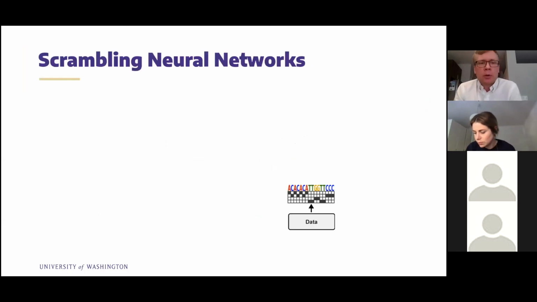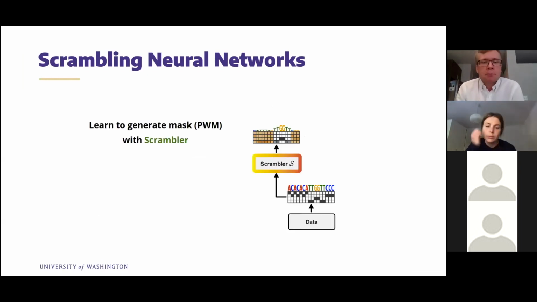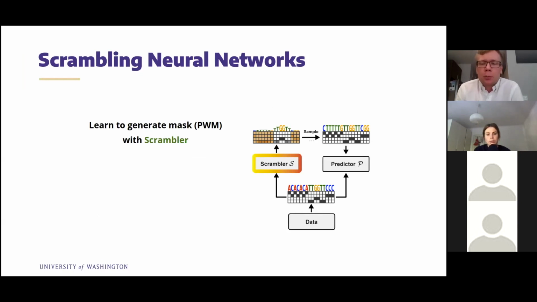So to give you a very quick rundown of how a scrambler works, you start with your data that contains the sequences that you want to learn to interpret. You then feed them as input to this trainable neural network that we call the scrambler. The scrambler in turn generates a position weight matrix, or a PWM, from which we draw discrete sequence samples and feed them to our predictor model.